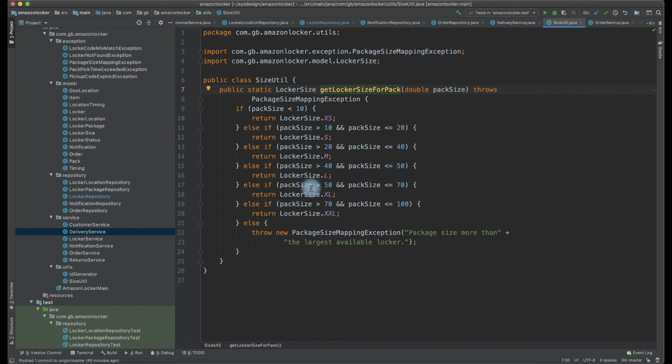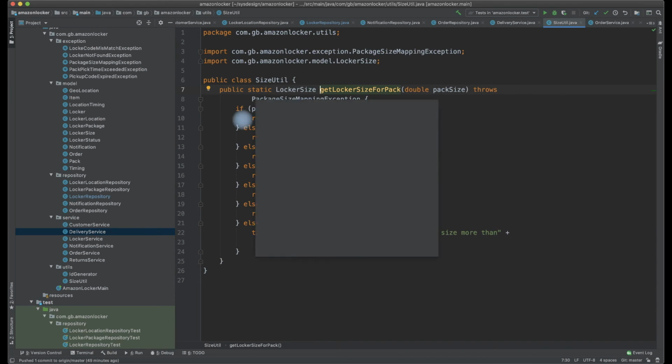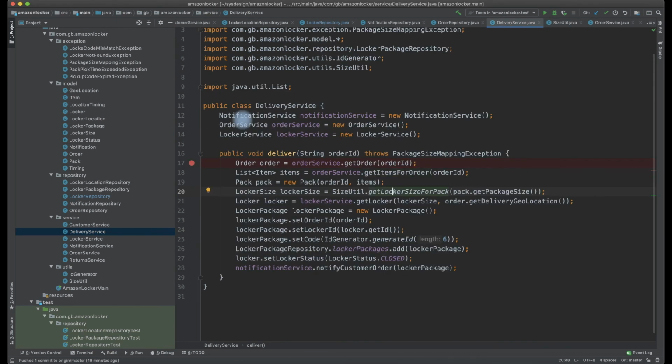This is how I am mapping it based on the volume of the packages. The double is the volume that we are getting. Similarly, we can come up with a mapping algorithm based on the package sizes. So this can be done by whatever way we can. The algorithm can be modified. I have just come up with a simple mapping algorithm.